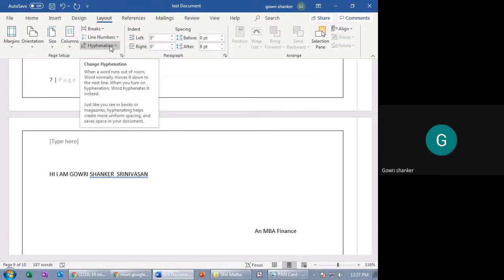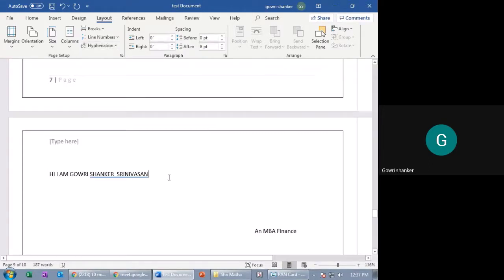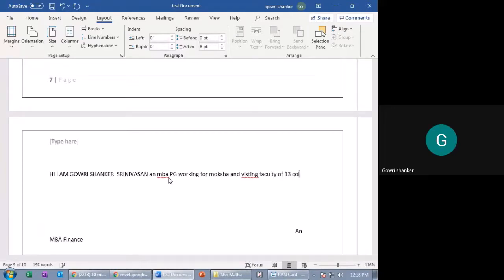When a word runs out of room, Word normally moves it down to the next line. Generally, we know, right? For example, if you see here, Hi, I am Gauri Shankar, an MBA postgraduate working for Moksha and visiting faculty of 13 colleges.